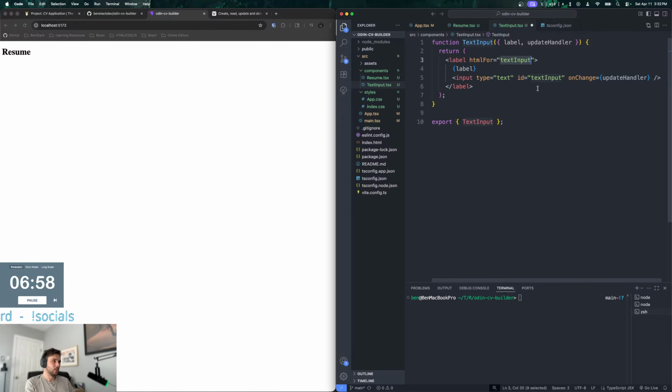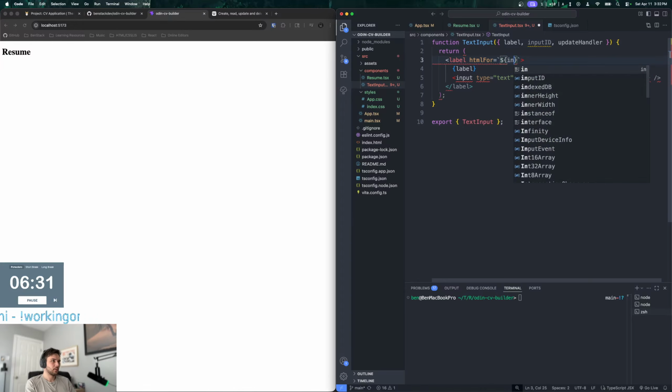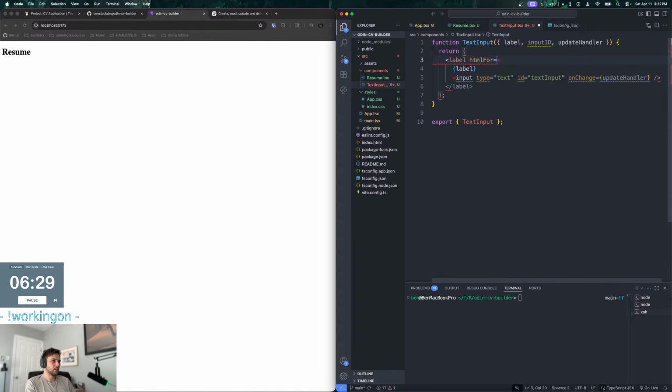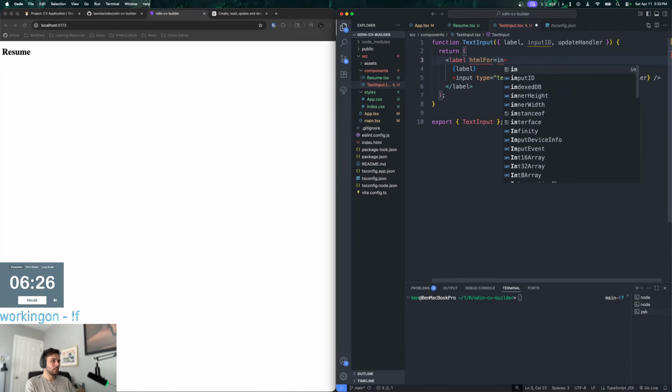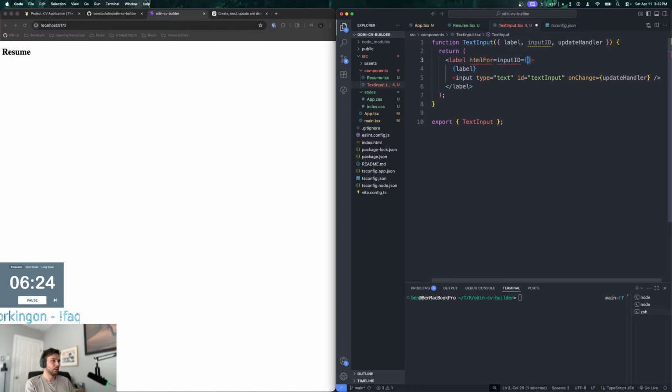Yeah, I don't know what we want to do for the ID. I didn't think about that. Maybe we should have like a... Those will change based on the field you're editing, so that should be a prop. Oh, sure. I can do that. So I could say input ID or something. Something like this. Or wait, can I not do that like that? Okay, but of course...